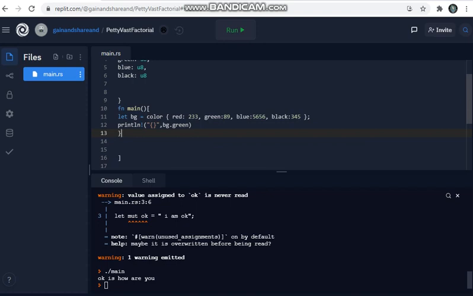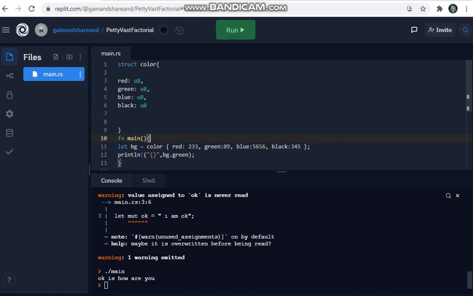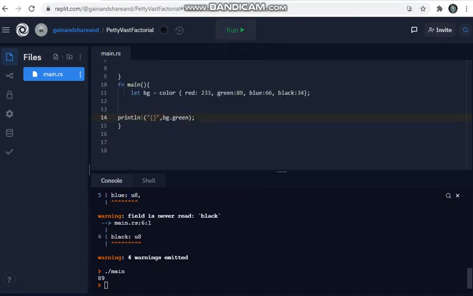Now let's check everything once again and then run it, and see what sort of output we get.